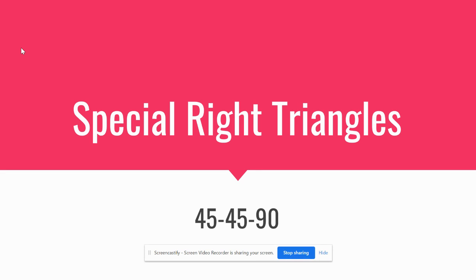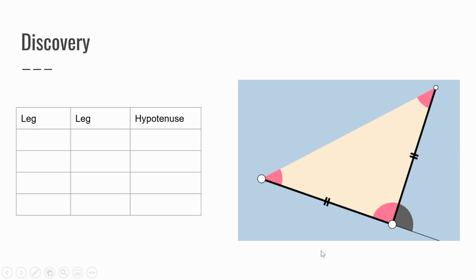Hey, ladies and gentlemen, today we're going to talk about special right triangles. Today we're going to work at just the 45, 45, 90. And then on Wednesday, you're going to be hearing about the 30, 60, 90 as well. But today we're going to work on 45, 45, 90. So here we go. So real quick, when we talk about 45, 45, 90, if you kind of think back